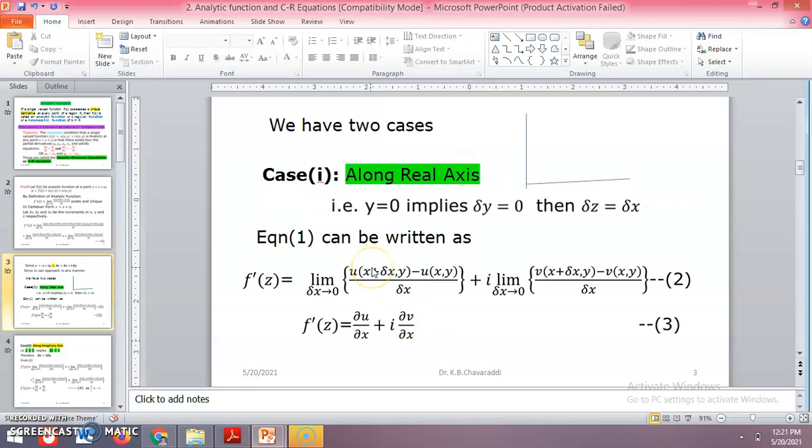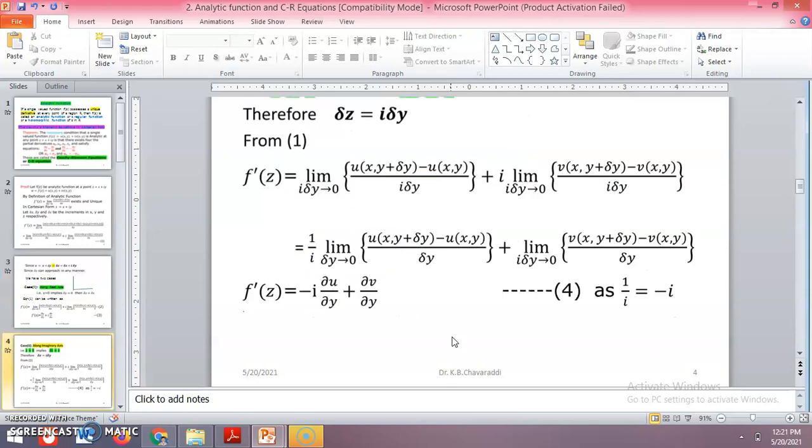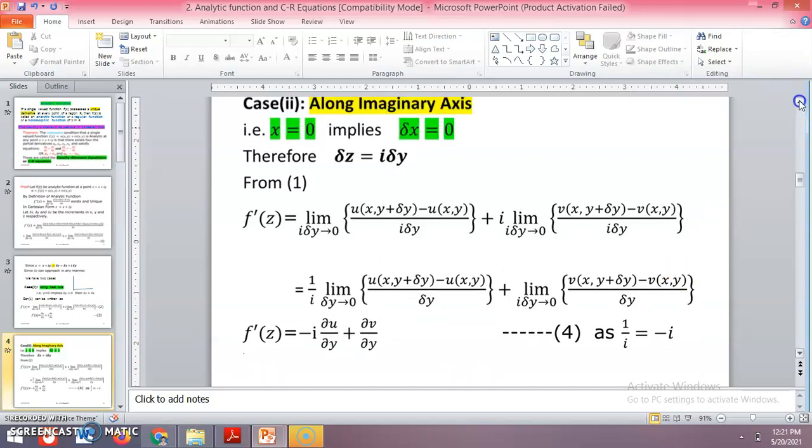Then this becomes limit delta x approaching 0, which is the definition of the partial derivative of u with respect to x, and the partial derivative of v with respect to x. This is what we have: the derivative f dash of z equal to this, along the real axis variation, as we have seen. And next we can see the variation along the